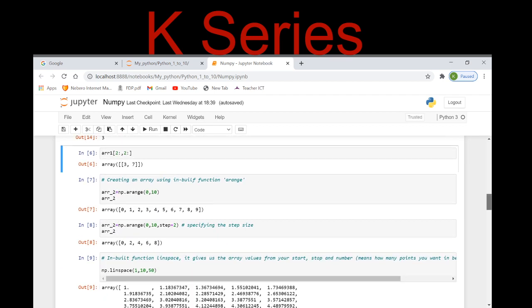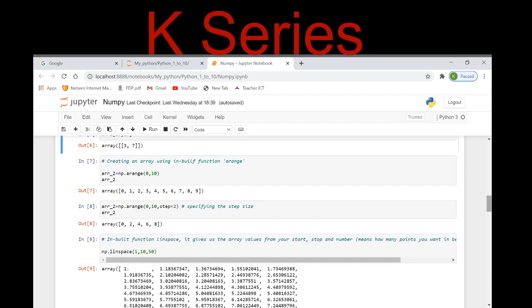Okay, moving on further. Now I have another inbuilt function, that is arange, and believe me guys, this is a really very useful function. What exactly does it give me? It gives me the privilege that I can automatically set my range, and it will provide me the numbers accordingly. So here I'm initializing my array2 variable, wherein I am using this arange function, np.arange, right?